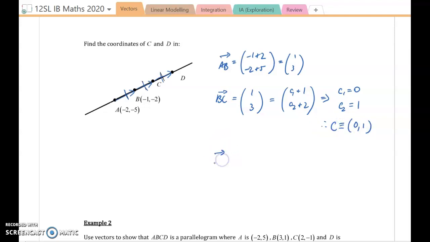Now, the last one, in a similar way, CD would also be vector 1, 3, and D1 minus 0, D2 minus 1, because now we're finding the distance